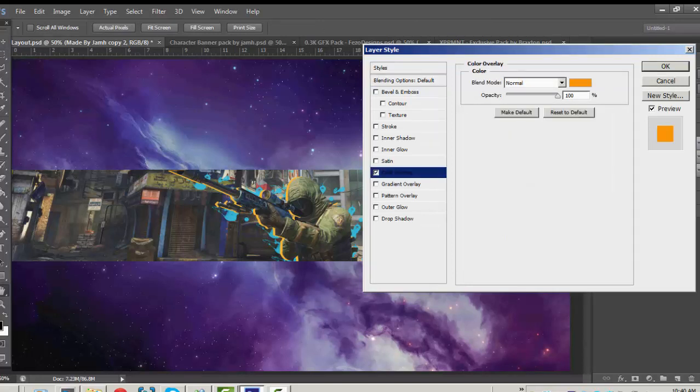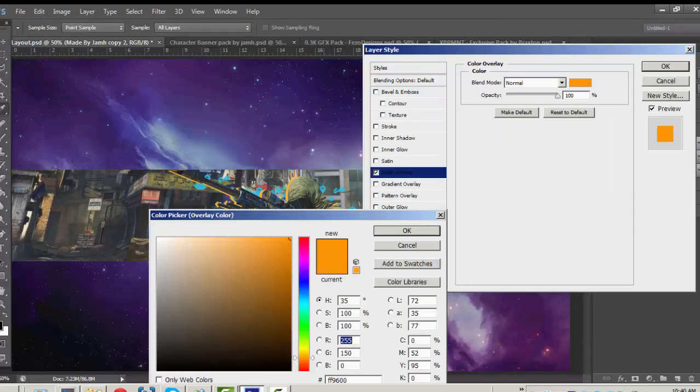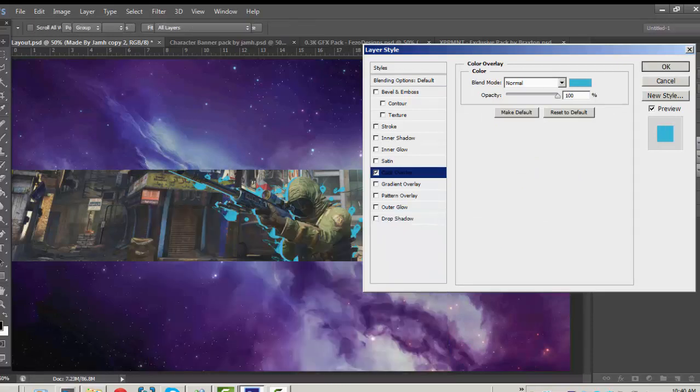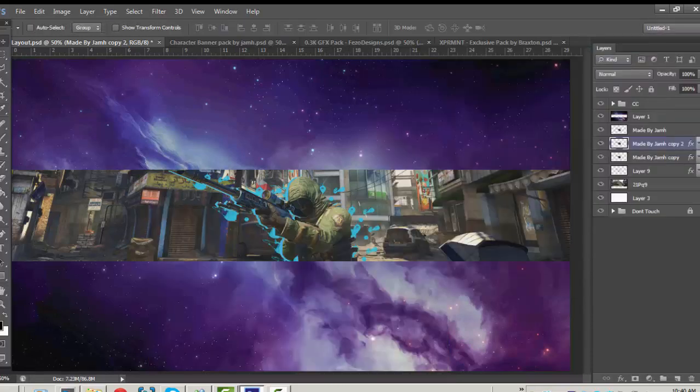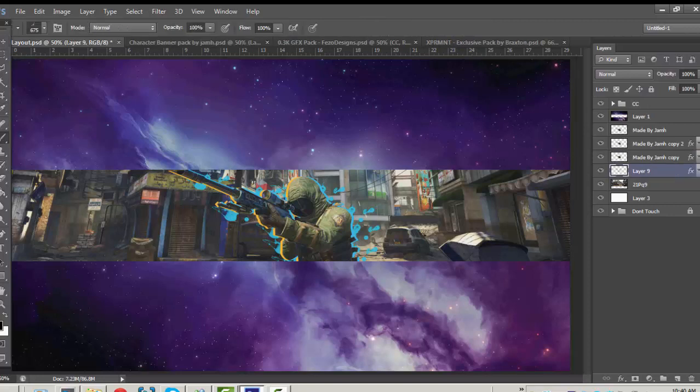And for this, I'm gonna use the blue. And now it looks pretty good, but I'm just gonna get another layer and get my paintbrush out and make another layer,